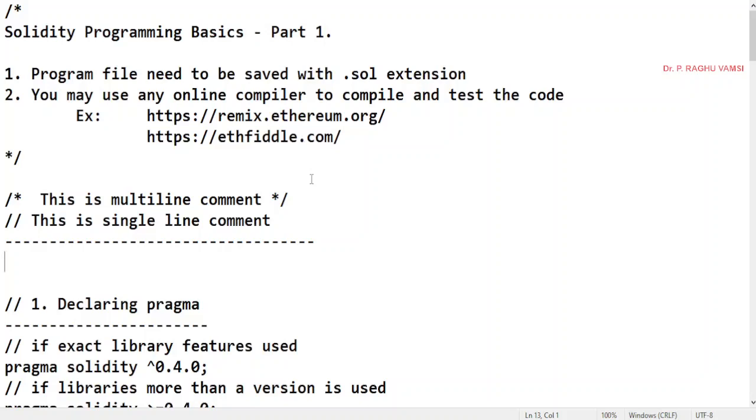In the last lecture, we completed the concept of the Solidity programming basics, that is, the building blocks.